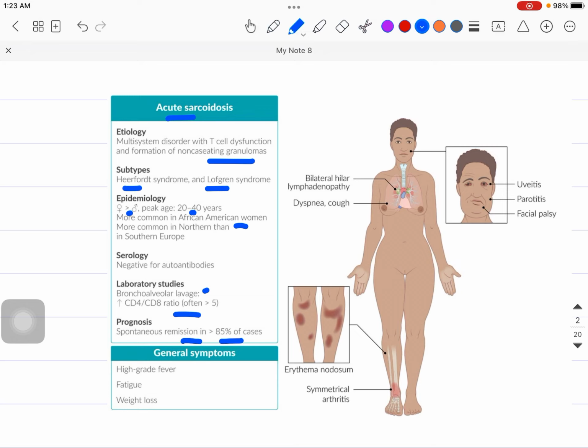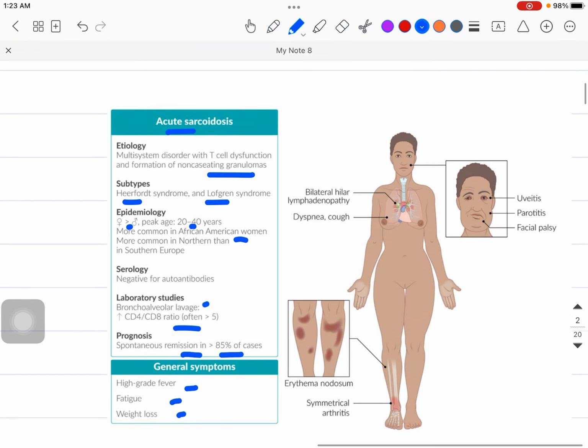General symptoms can be very vague symptoms like fever, fatigue, weight loss. Okay, these can be the symptoms for very many diseases, right? In fact TB can show the same kind of symptoms, but in TB you are seeing the caseating granuloma, and in sarcoidosis you are seeing the non-caseating granuloma. That's why we usually do the biopsy of the lesions. So biopsy is very important. Biopsy can tell us if it is a non-caseating or caseating granuloma. If it is caseating, then it might be TB, and if it is non-caseating, it might be sarcoidosis.